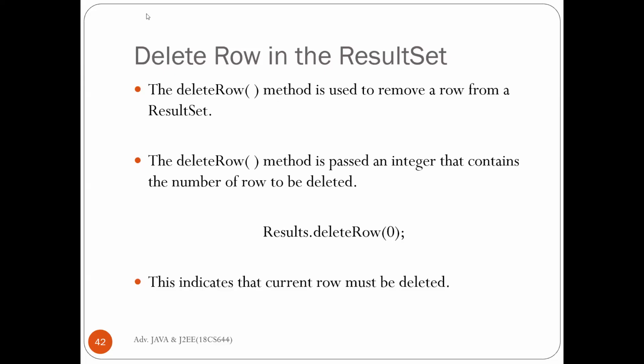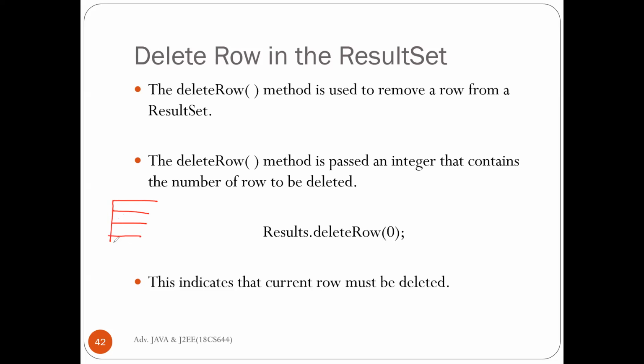So here this is the method, results dot delete row of 0. Here this 0 indicates it is the current row. So whenever we want to delete a particular row, for example in a result set, so if we have